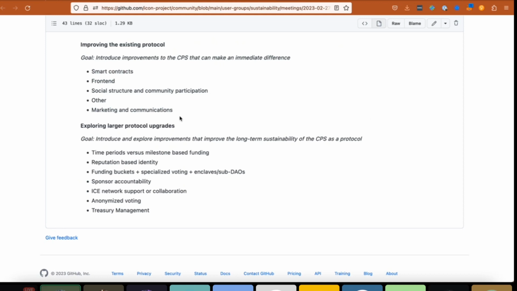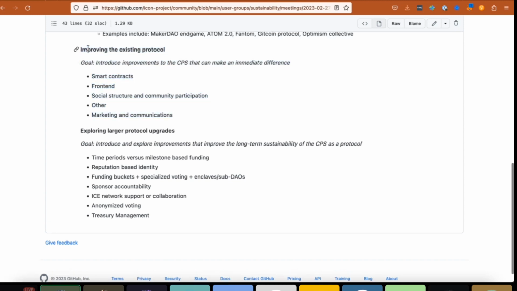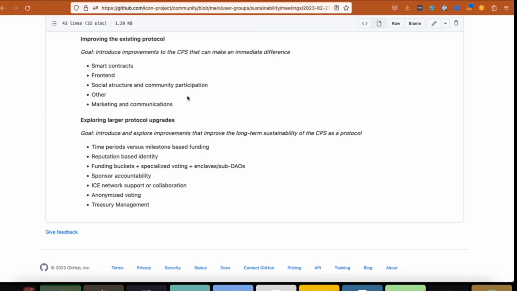So while the management of the development and the actual development itself will continue to be done in the same way as prior, at least for now, there's going to be more discussion about which things are important to prioritize by receiving community input for creating that next development cycle and funding for it. Some of the things looking for improvements are based off of the smart contracts, the front end, obviously some social stuff like I just mentioned, marketing and communications, and then potentially some other things.